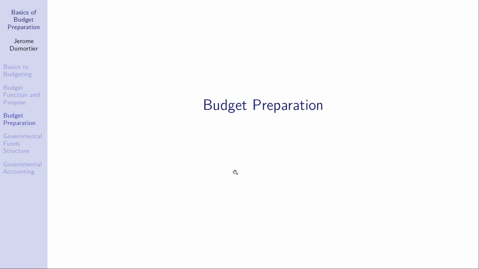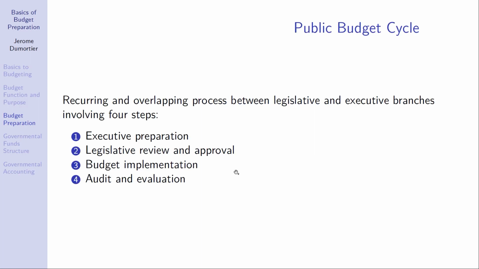Now, let us next look at the budget preparation. Think about this as the public budget cycle, which basically involves 4 steps that are recurring every year or every 2 years. And note that those steps are also overlapping. If you're thinking about, for example, the federal or the state government, and note that we are going to talk about the federal government in more detail in upcoming videos,